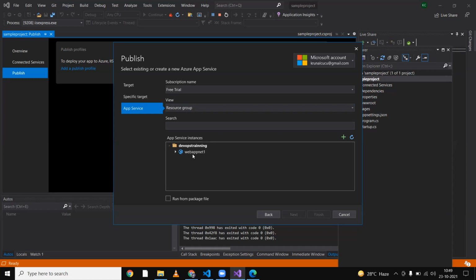You made a web app with .NET 1. So under this resource group DevOps training, I made one web app. What is the name of that web app? The name of that web app is web app net one. So select this one and then say finish.